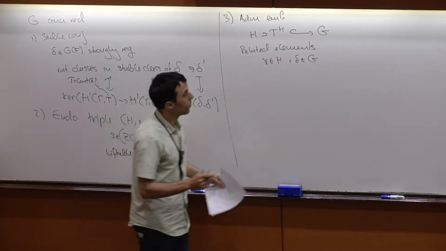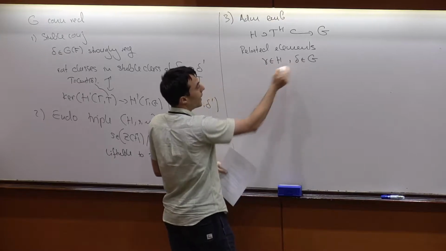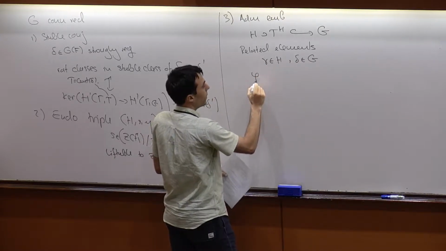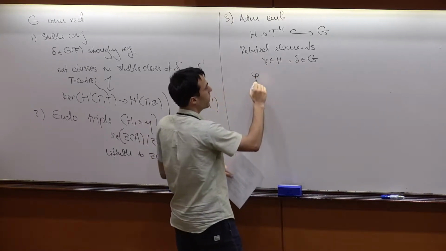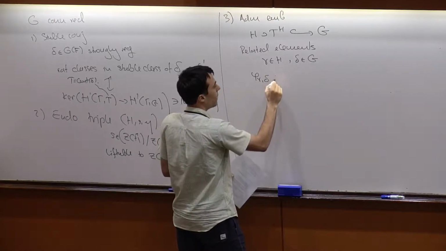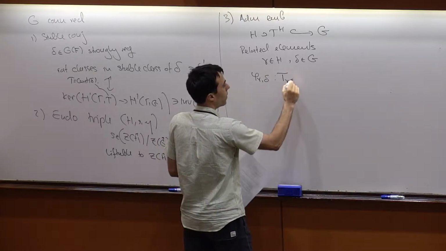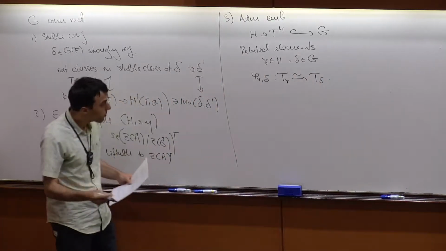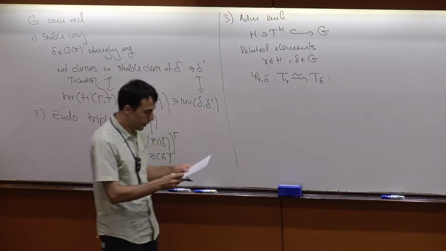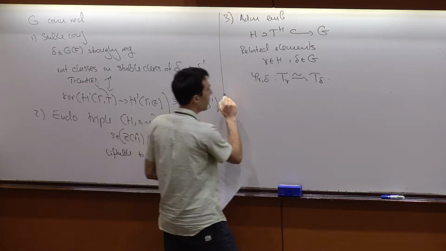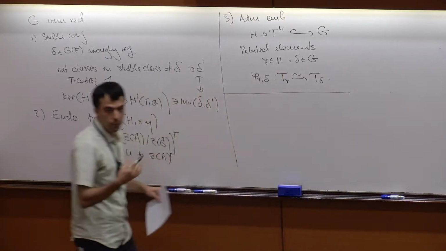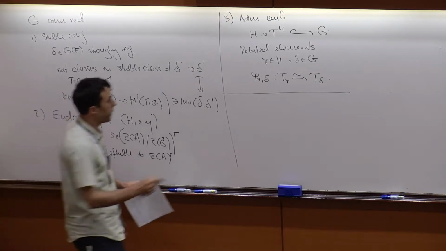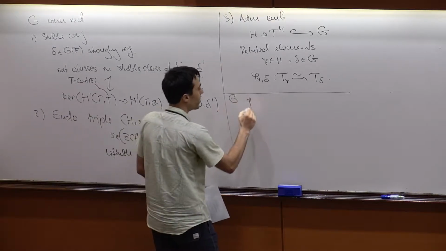And then when you have two related elements, if they're strongly regular semisimple, they gave rise to a unique isomorphism between their centralizers, for which we gave a name like this. So those were the different concepts for a general connected reductive group. And then in the particular case where G was quasi-split,